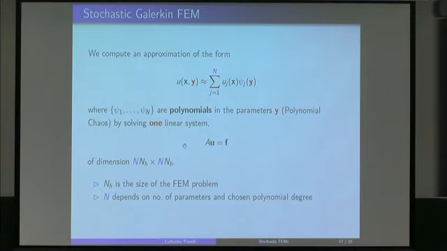So what happens if you were to code this up yourself, if you had the ability to do that, is that you'd have to solve one very large linear system of equations to get this information. The problem, of course, is that unlike in Monte Carlo, where you're solving lots of different finite element problems one at a time or in batches, here you just solve one problem, and the size of that problem is the number of polynomials you want to use in this expression, that's n in blue, multiplied by the size of your finite element problem. So it's some times bigger than the finite element problem that your standard computer code would solve. And that's the main work involved in implementing these methods.